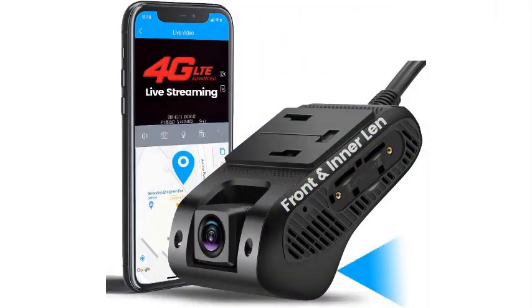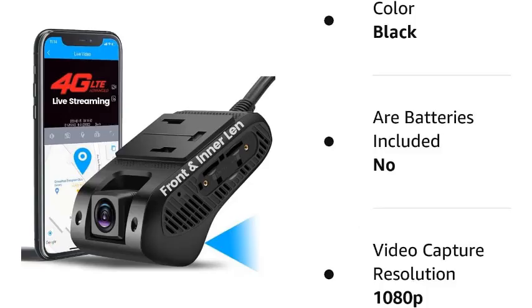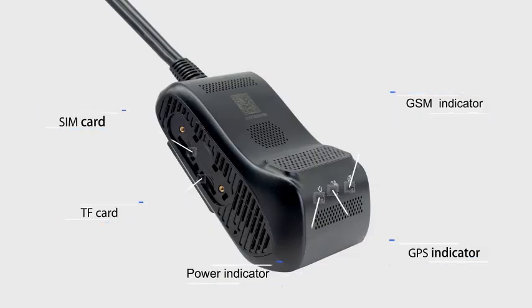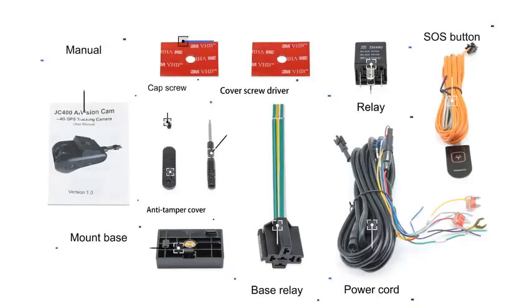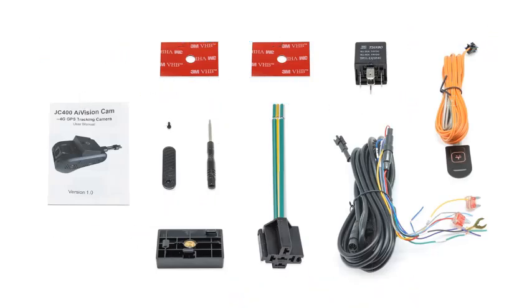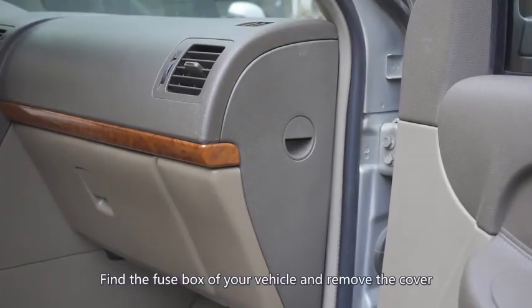Number 3. 4G GPS DashCam JC400P Live Car DVR JIMIMAX Wi-Fi Hotspot Vehicle Cam 2 Stream Video Cut Off Fuel 1080p Recorder Front and Inside Kit. Introducing the cutting-edge 4G GPS DashCam JC400P by JimiMax, revolutionizing your car surveillance experience. With built-in Wi-Fi hotspot capabilities, this advanced vehicle camera offers real-time streaming of both front and inside views, ensuring comprehensive